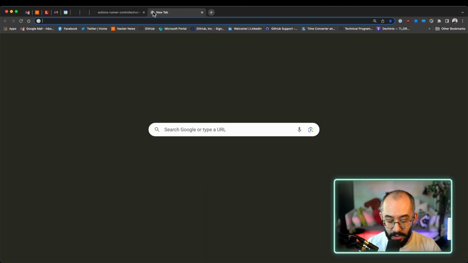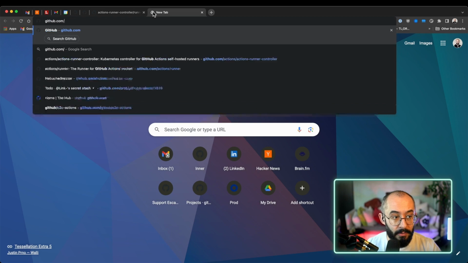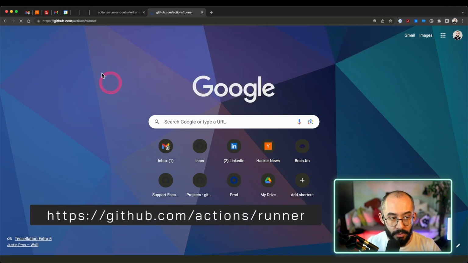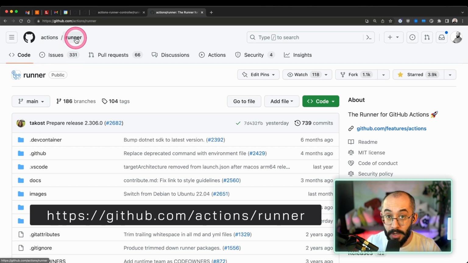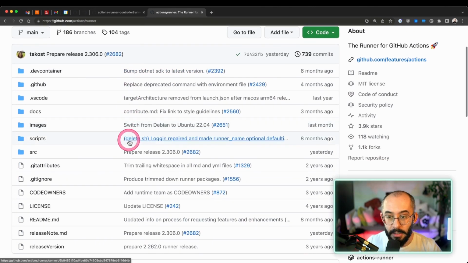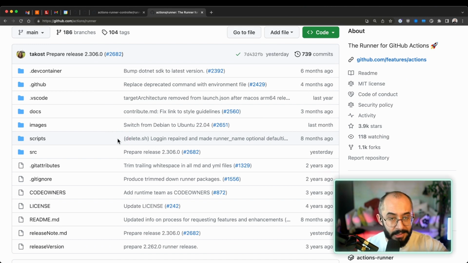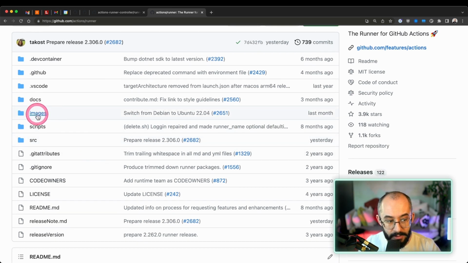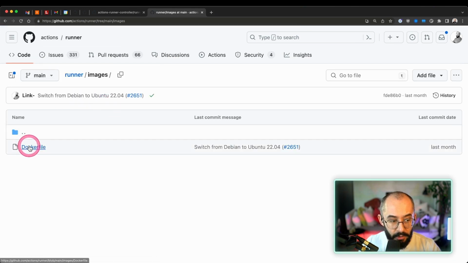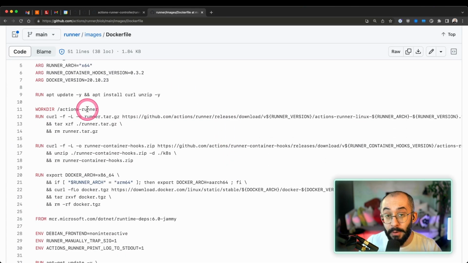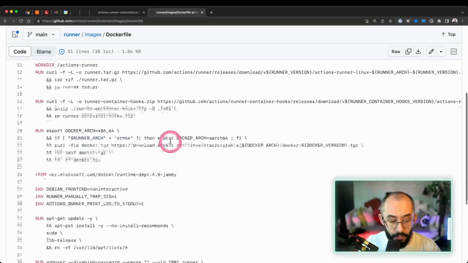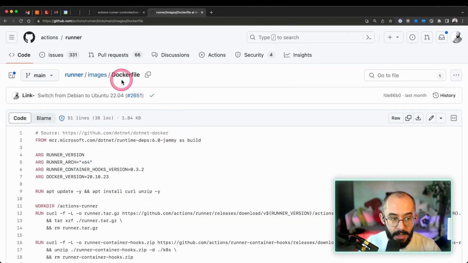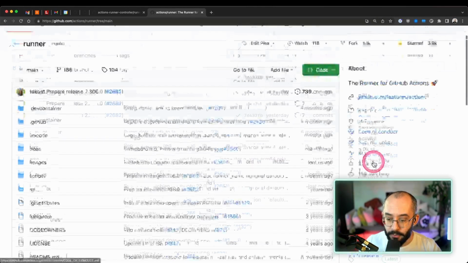Our runner image is actually maintained in the self-hosted runner repository that is hosted in the actions org. If you go to github.com/actions/runner, this is where you will see the code for the self-hosted runner. This is the same runner that runs in your self-hosted environments. It's the same runner binaries that we use in GitHub hosted runners, right? And if you go to this folder images, you will see a Docker file over here. This is the Docker file that we are using and officially supporting as part of the new Actions Runner Controller offering. Whenever we create a new runner release, that you can see over here,